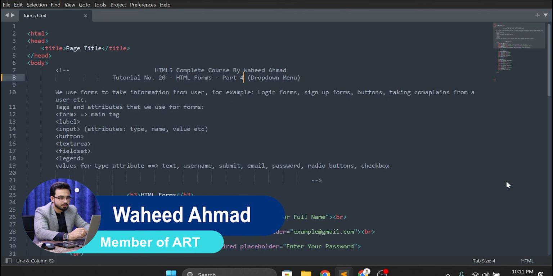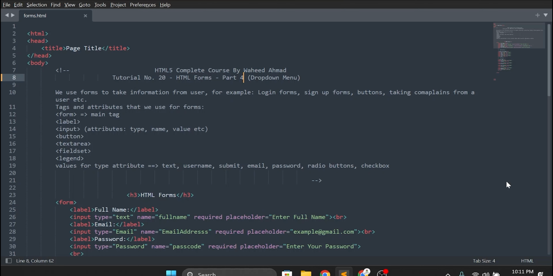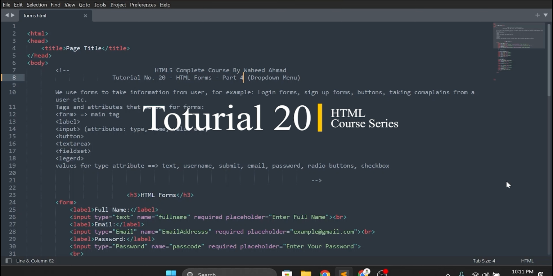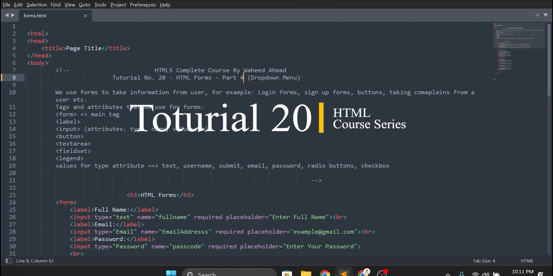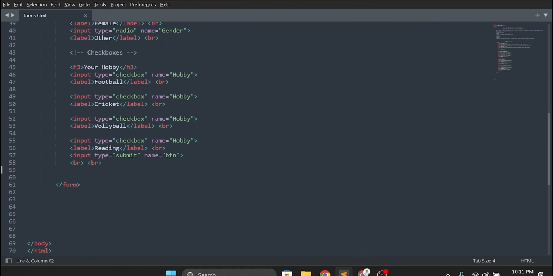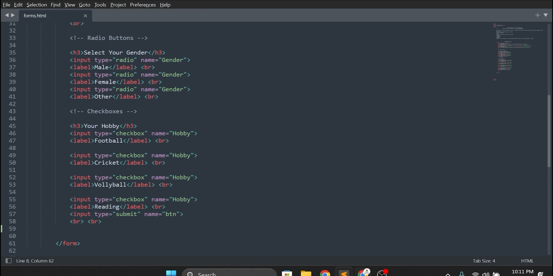In the previous tutorials, we started HTML forms and we did 3 parts, and this is going to be the 4th part in which we'll discuss drop-down menus, how we can create drop-down menus in HTML5. In the previous tutorials, we did this code. You can see this code, and the result of this code was here. We did placeholders, required attribute, radio button, submit button, and checkboxes. In this tutorial, we will discuss